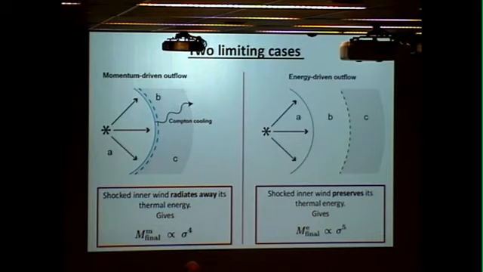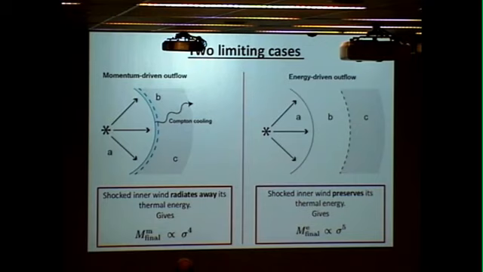Yes, so I'm here talking about mostly the quasar mode, in which it is thought that most of the gas is expelled by a very broad outflow rather than a jet, which would operate in the other radio mode. So I'm focusing on this picture now. The gas that passes this reverse shock is extremely hot, 10^10 Kelvin, you can estimate that. And then what happens depends on the fate of this energy. If this energy is preserved entirely,